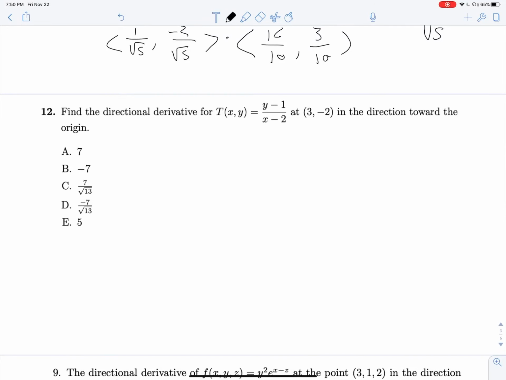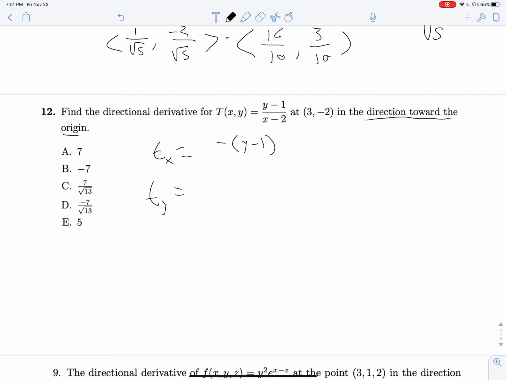Okay, same thing. As you see, they really don't have many other ways of asking these questions, which is good for us. We're looking for this directional derivative. Although this one has a little bit of a trick. We don't know just offhand what the direction vector is that we're dealing with, so we have to do one little tiny step in there to find it, but let's not worry about that yet. We need, well, it's not really f, it's tx and ty. Let's find those. Tx is going to be